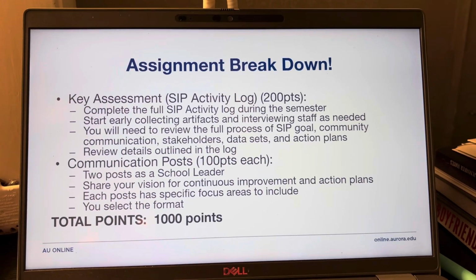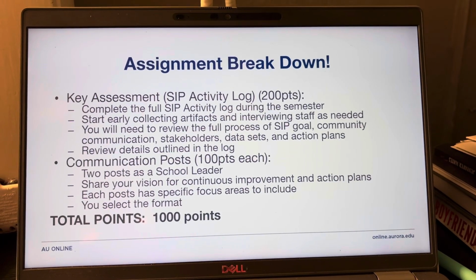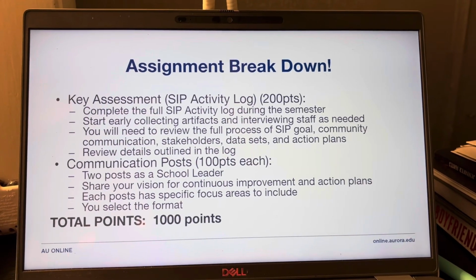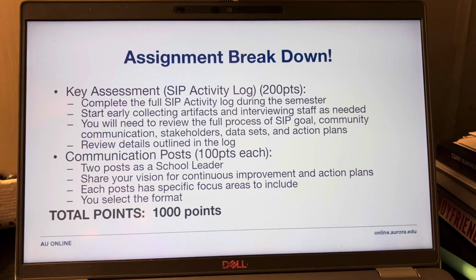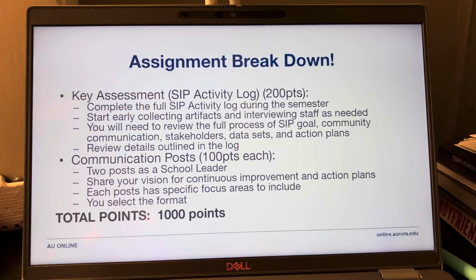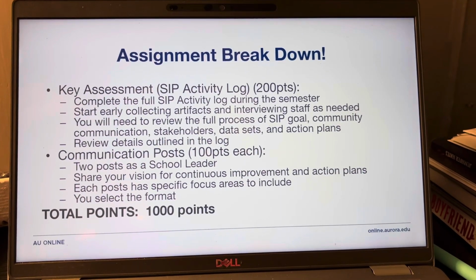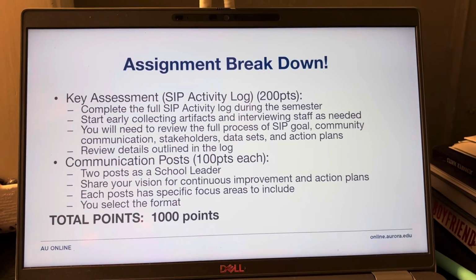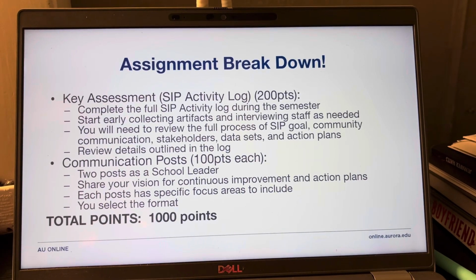And so that's why I really encourage you to not only collect those artifacts, but talk to people that were on that school improvement plan process and talk about, what does that look like? I, along the way of the semester, will absolutely share processes that I've been part of. We will talk about the ideal school improvement plan process, and so you can have a reference to compare what your school is doing to the ideal system, so that you can have some analysis of, is it a good process? What else might be missing?